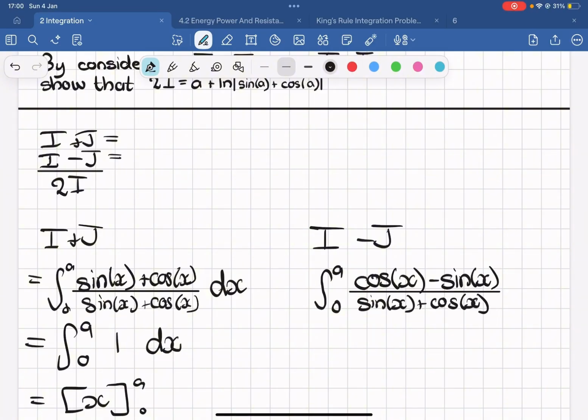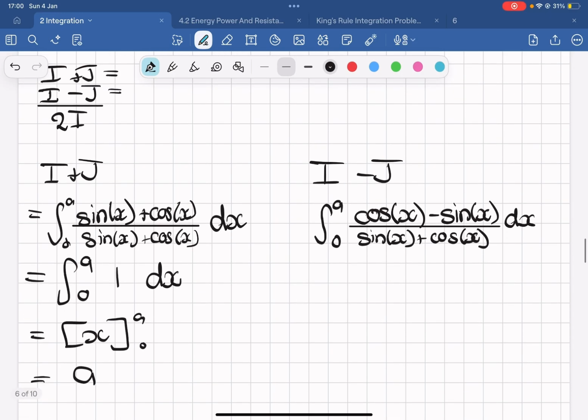Notice how the derivative of the denominator is on the top. So we can evaluate this to be ln sine x plus cos x